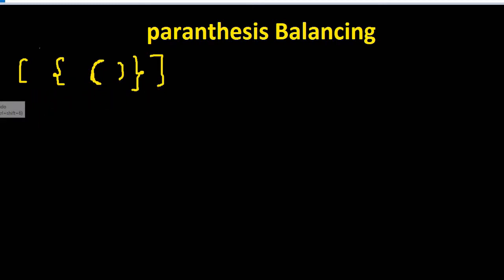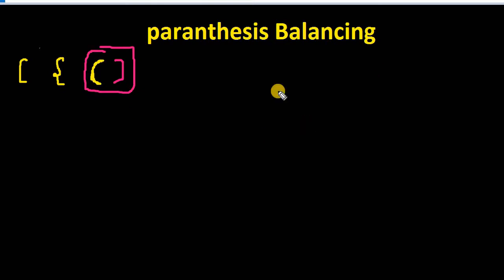What will not be a balanced parenthesis is opening of one bracket and closing with another one. So this case will be termed as an unbalanced case, and we will simply return unbalanced parenthesis. For starters, this is the normal bracket and this is the square bracket. I apologize for the drawing because I'm drawing on the trackpad of a laptop. So I hope you got the logic. So let's discuss the cases.